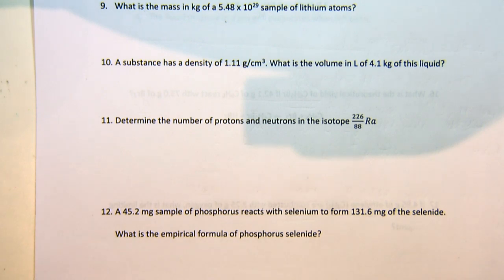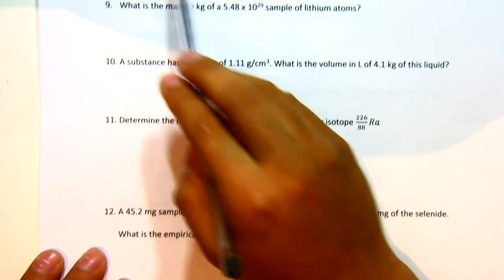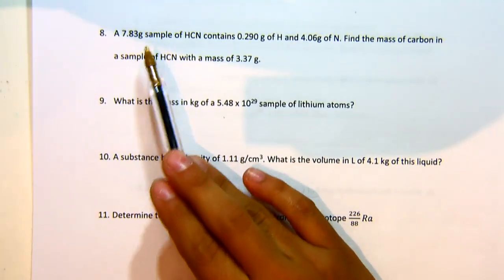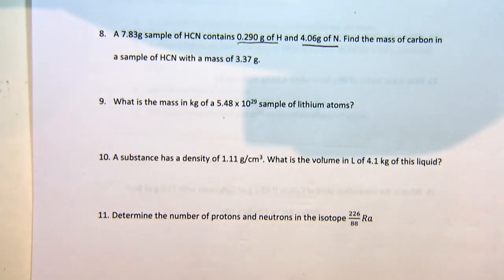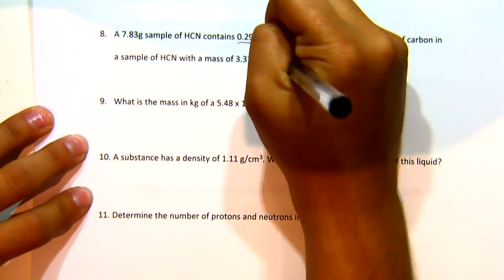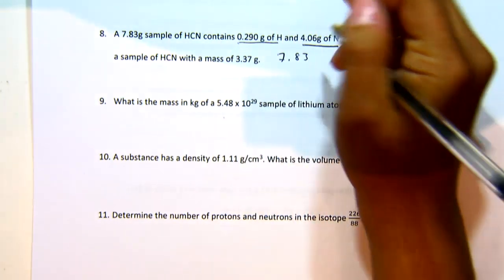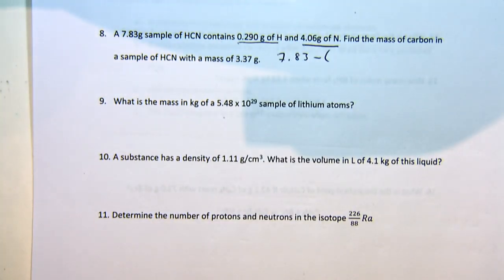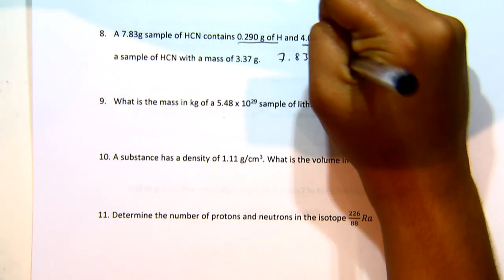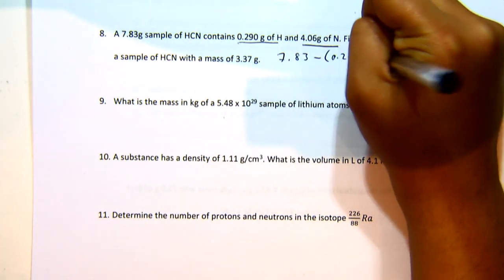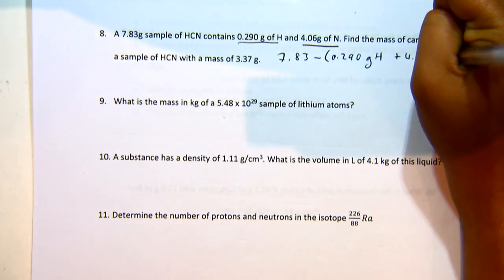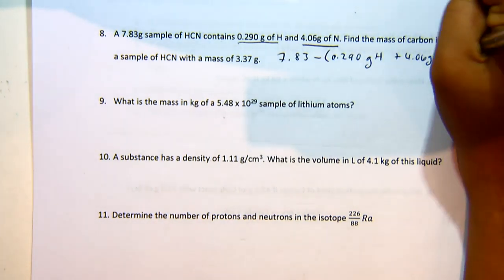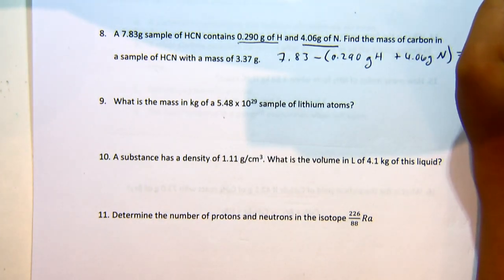So if we have a 783 gram sample and we know it has this much hydrogen and this much nitrogen, then that means the mass of the carbon of the sample is going to equal 783 minus 0.290 grams of the hydrogen plus the 4.06 grams of the nitrogen, which is going to give us 3.84